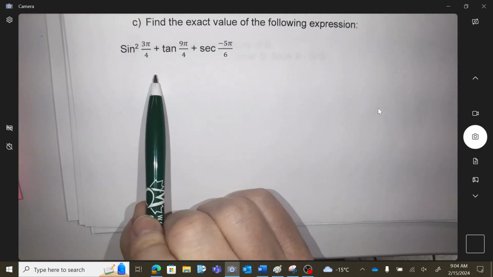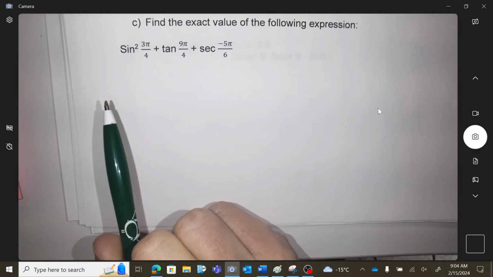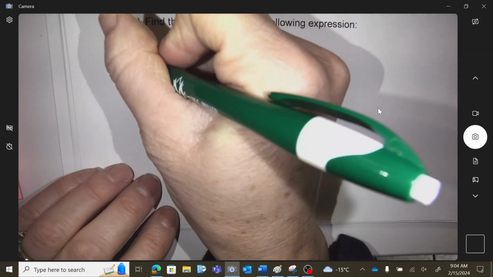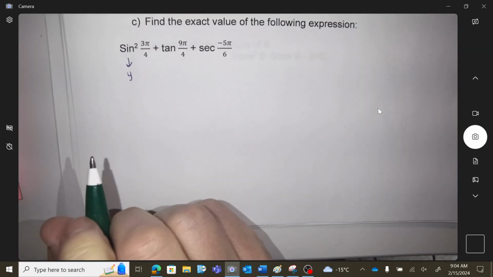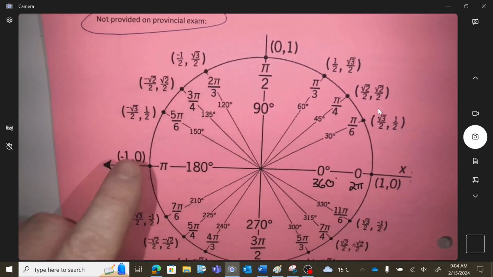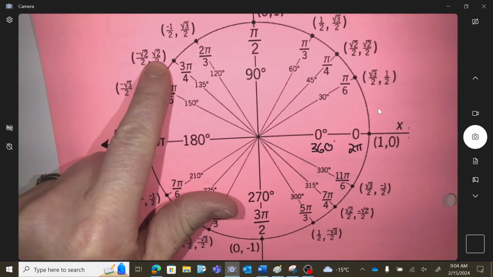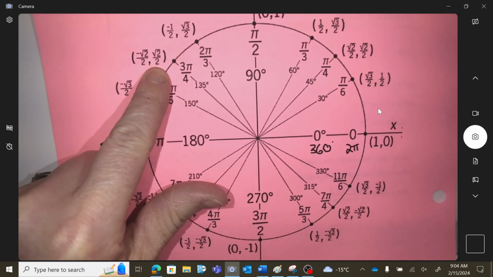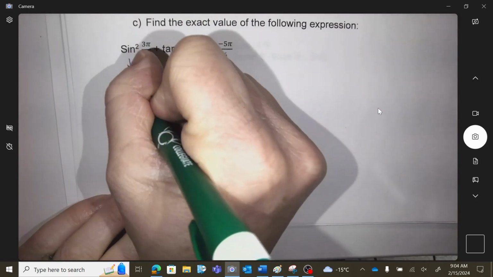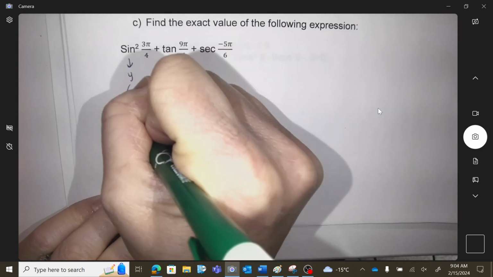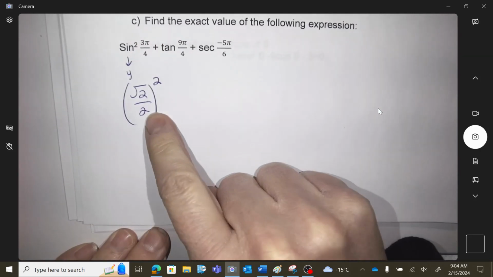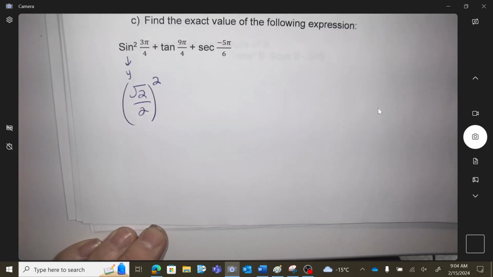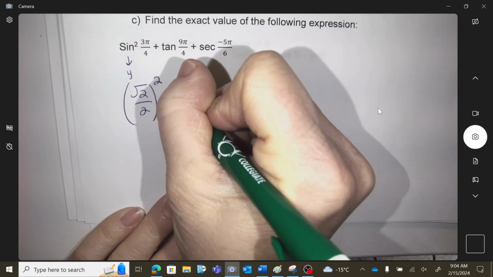Okay, here we go. One that's a little bit more work, because you're going to have some algebra also with this. So go to 3 pi over 4, and I need you to figure out what the y value is at 3 pi over 4. Root 2 over 2. I got to square it though, because that's what it says here. There's a squared, so we have to square that value. Plus